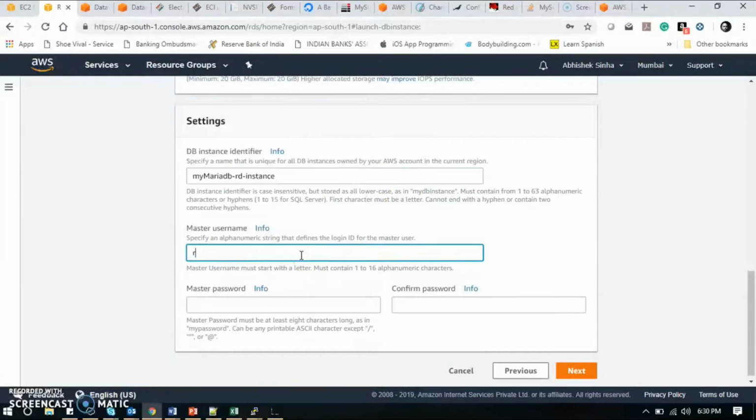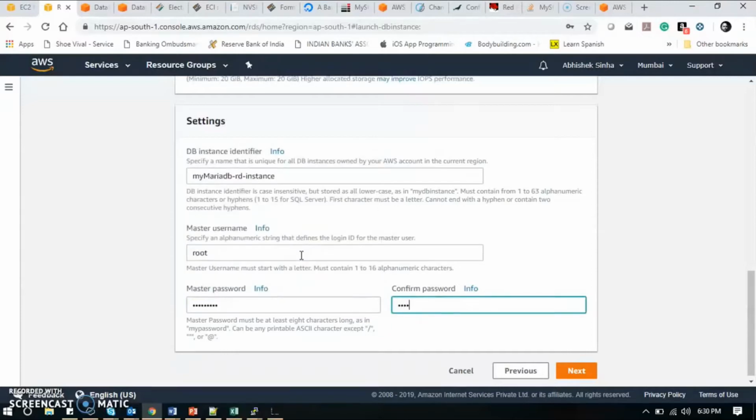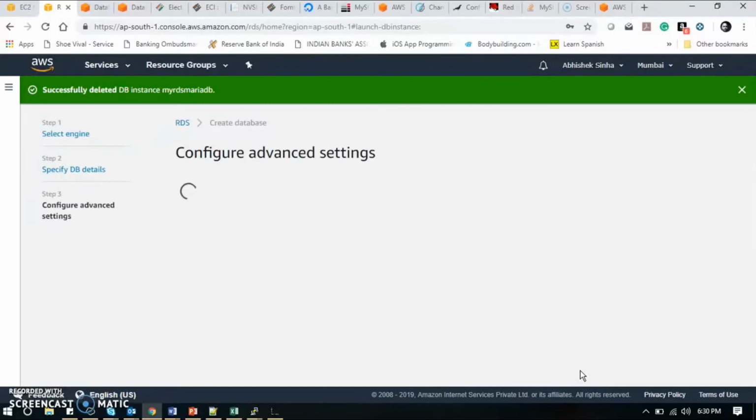Username I'll put as root. I'll put in my password, and now I am going to launch this.